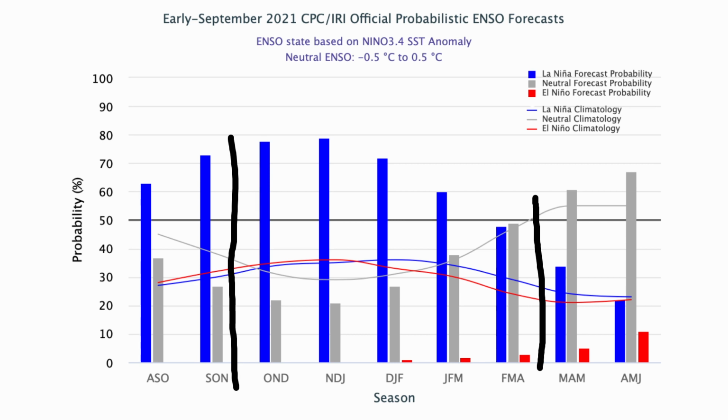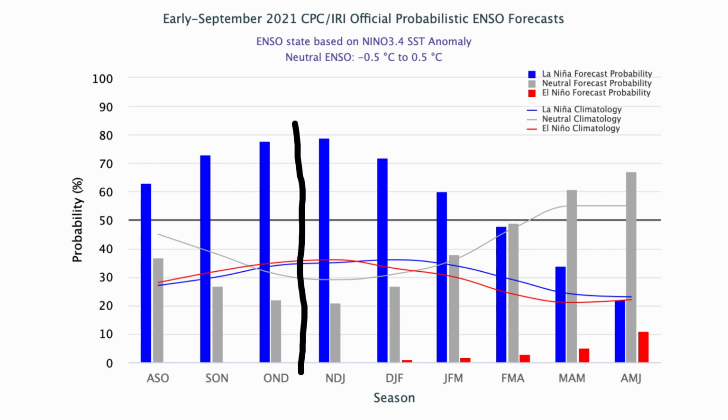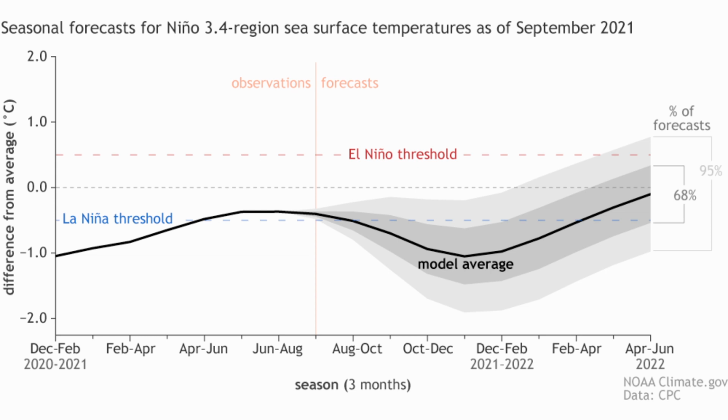So that's how I like to think of winter, and so that's the time frame I'm going to use. You can see a La Nina is definitely more likely within that time frame, and especially from November all the way to, I would say, February, you're looking at a 70 or 80% chance of a La Nina within that time frame. If we look at the model average of that, you can see that that is also dipping fairly far below the La Nina threshold of minus 0.5 degrees below normal.